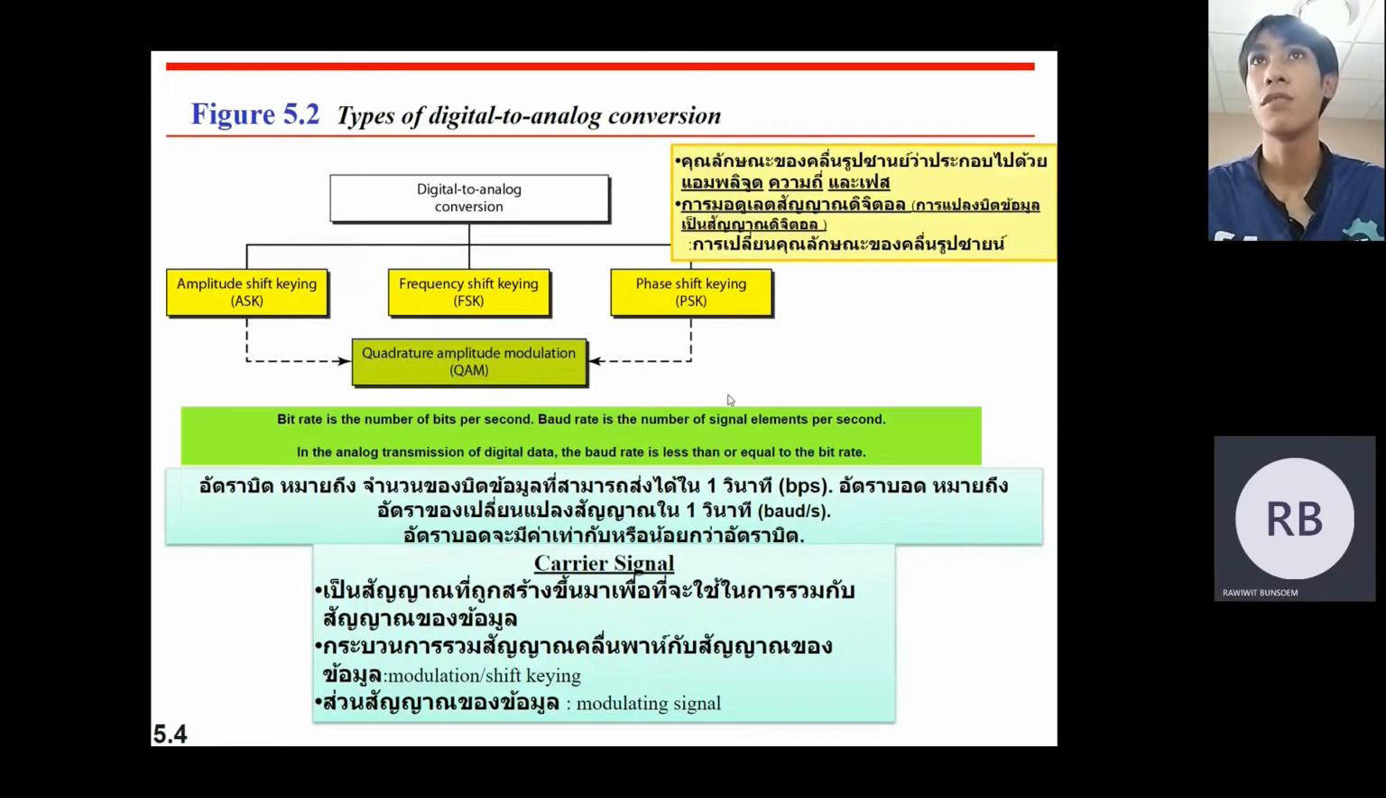Types of digital to analog conversion. 1. Amplitude shift keying. 2. Frequency shift keying. And 3. Phase shift keying. Amplitude shift keying and phase shift keying are combined in quadrature amplitude modulation. The bit rate is the number of bits per second. Baud rate is the number of signal elements per second. In the analog transmission of digital data, the baud rate is less than or equal to the bit rate. The next,